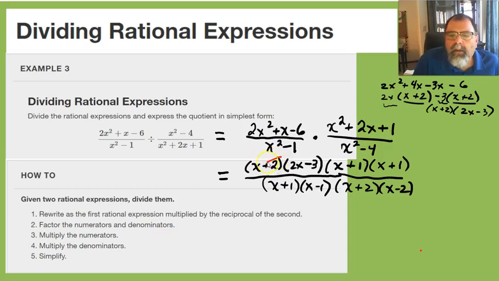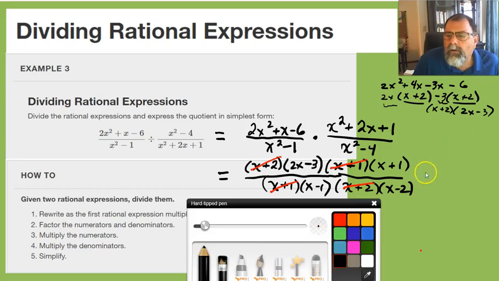So let's see, we've got an x plus 2 that cancels an x plus 2. And remember, we're dividing, so it's 1 and it basically goes away. Let's see what else. Looks like an x plus 1, x plus 1. And that's it. So now we just write down what's left over. We don't have to multiply it out. We can just